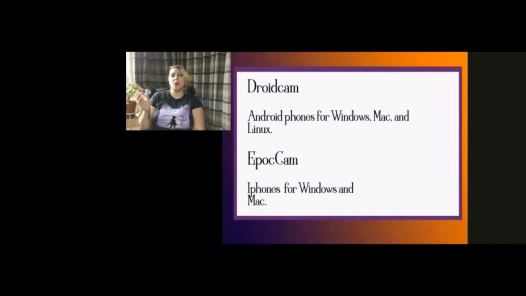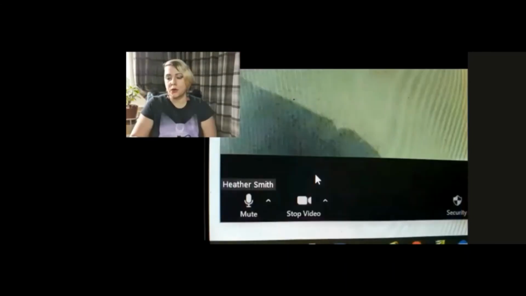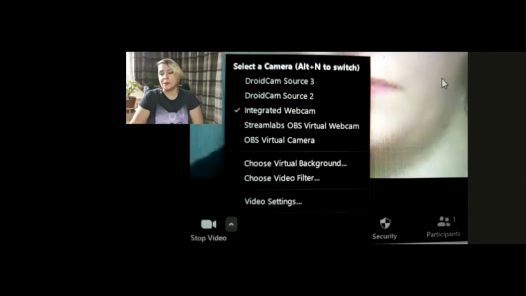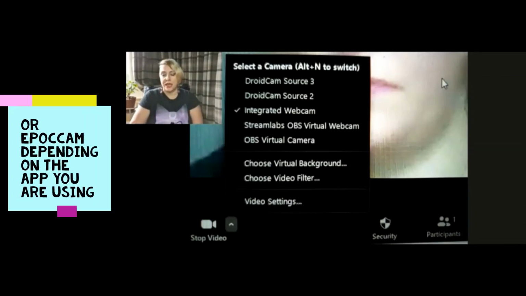So once we've logged on, it's super easy. You're going to go into Zoom and you're going to pick your video options. You're going to find that little up arrow and you're going to go straight into the select camera. Once you go into the select camera, you're going to pick your Droid Cam, and then it is that simple. From there, you can choose to